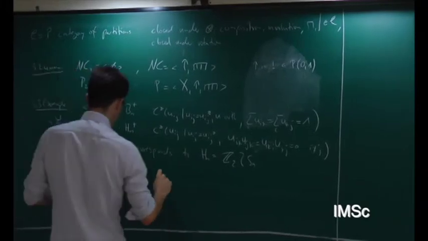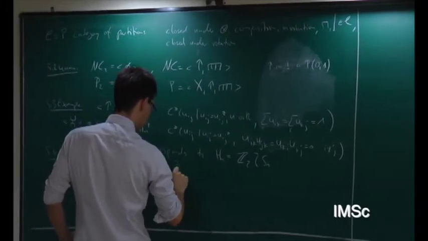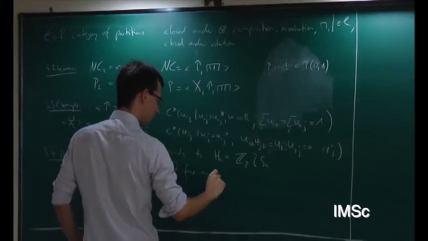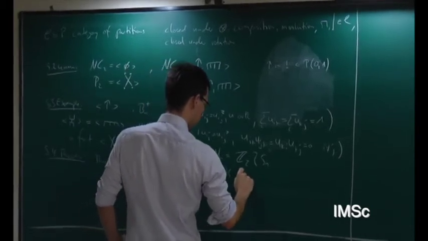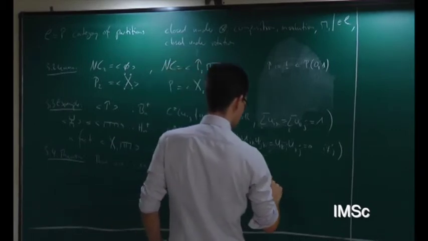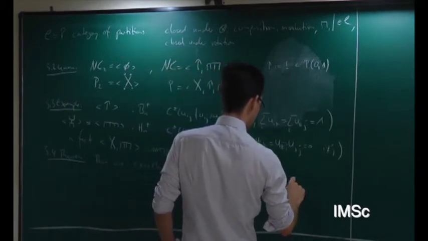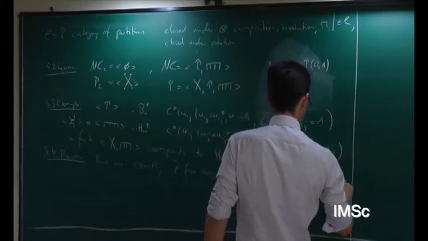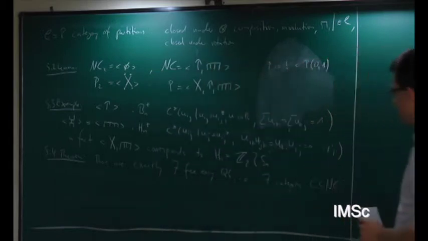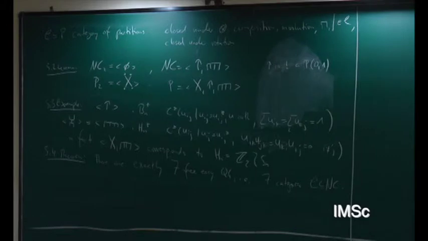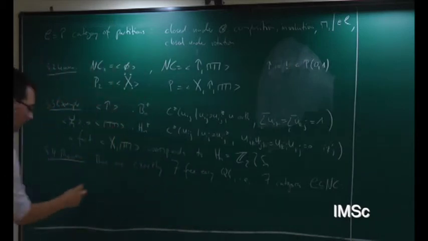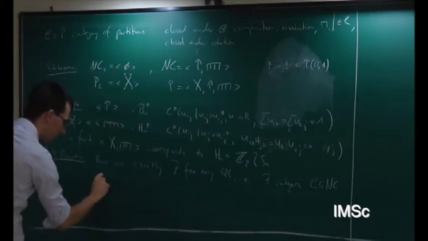There are exactly 7 free easy quantum groups. This means 7 categories C which are contained in NC. So only non-crossing partitions are involved. And we know already some examples, namely we know